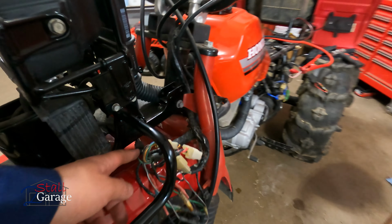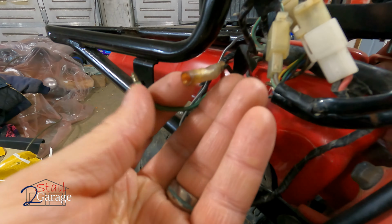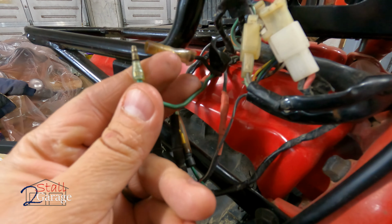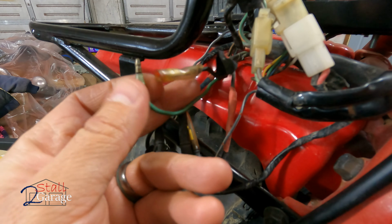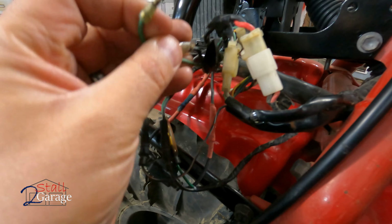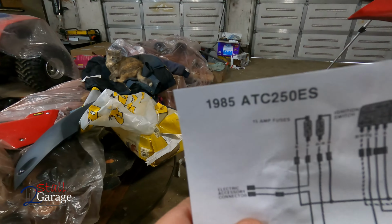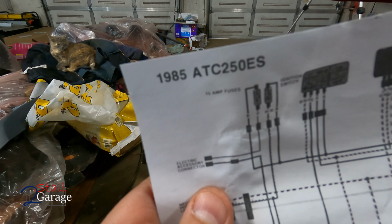So until then, let's talk about the wiring here. The thing that had me confused is when I got the bike to work on, these were actually hooked together, which is why they bend that way. And that is incorrect, because this is something that I believe goes to like an auxiliary power source. This comes from